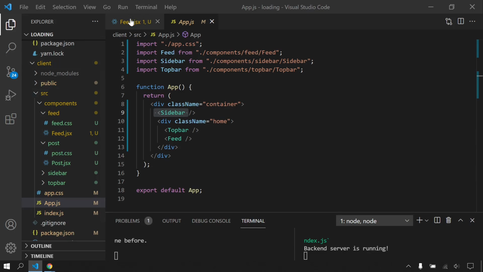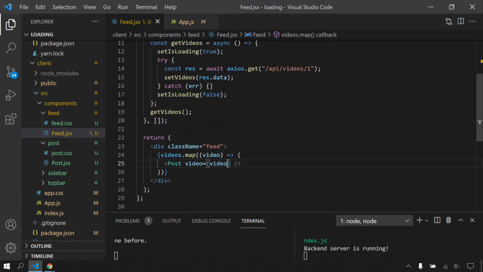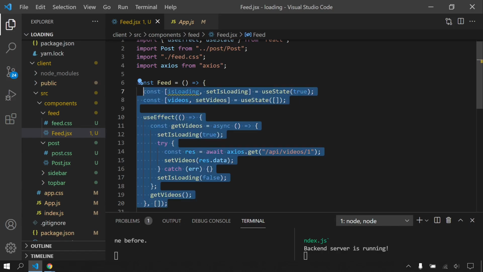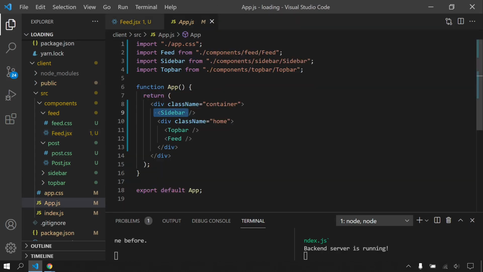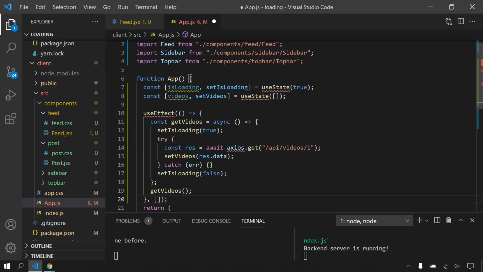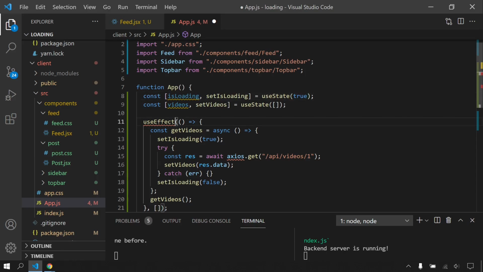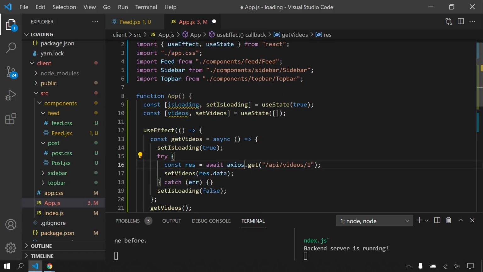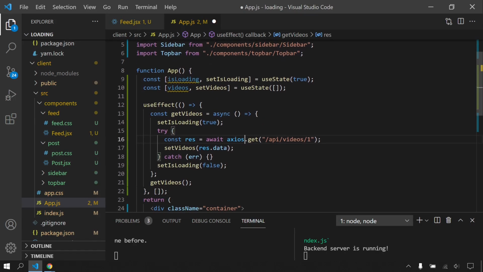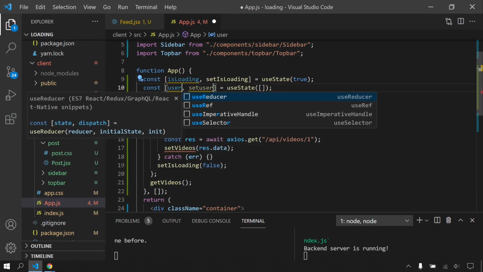Let's do that. I will actually copy here and paste. I will import them quickly, useEffect and Axios. Okay, so isLoading will be isLoading. I will change this videos. It's gonna be user.